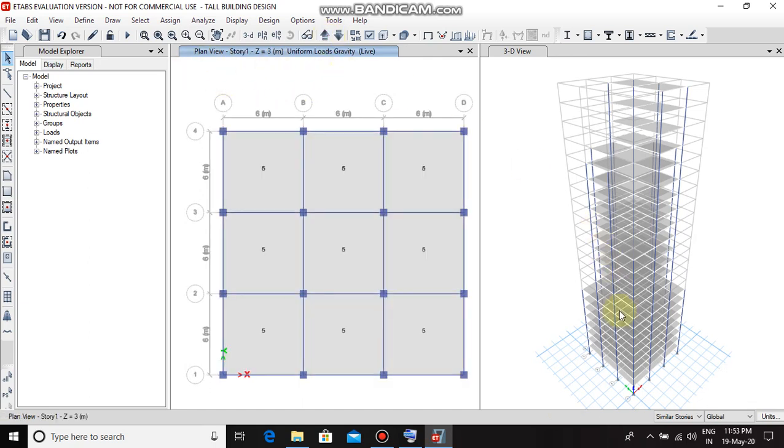Story 1. Keeping it as the similar stories, in order to provide the cladding load, we have to select the exterior beam. Story 1, similar stories. Now select the exterior beams carefully.